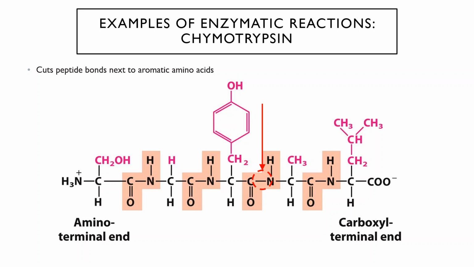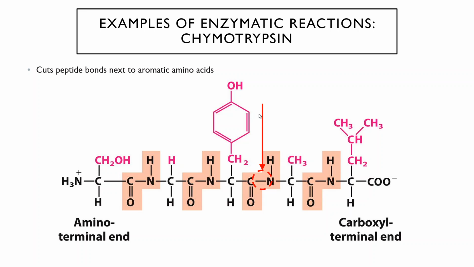And chymotrypsin is an example of an enzyme whose job it is to cut peptide bonds of other proteins. And so there are lots of different examples of these. So this is an example of a protease, or sometimes called a peptidase, and that means that it breaks peptide bonds. And most proteases are specific for either particular combinations of amino acids or groups of amino acids. So chymotrypsin works by cutting the peptide bond between an aromatic amino acid and some other amino acid. And it cuts it on the carboxy side of the